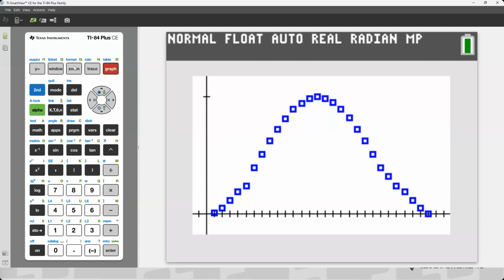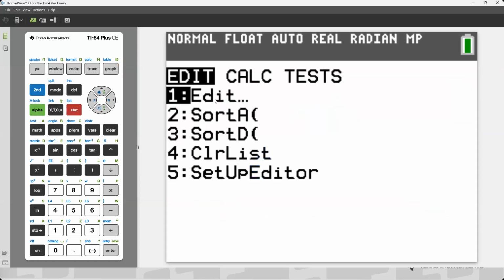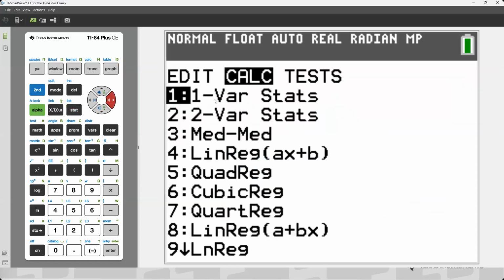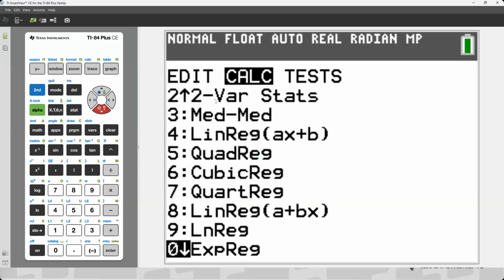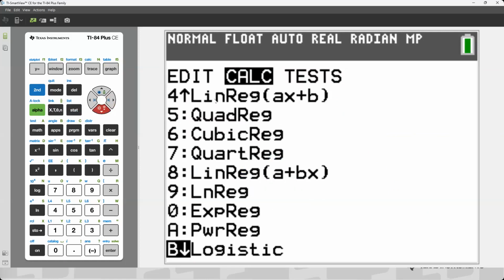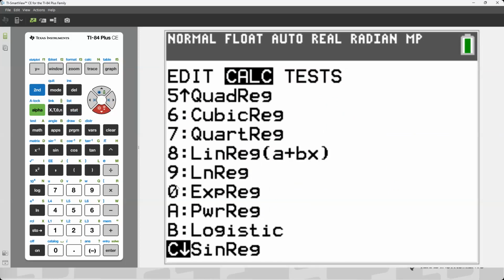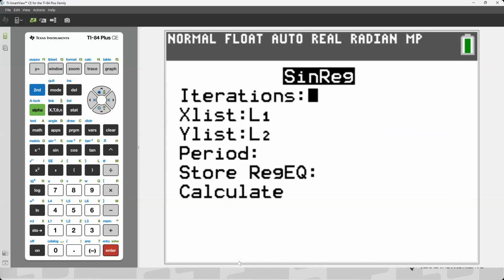I think it's kind of cool that we could actually use a regression to try to see what's going on with this. So if we go to STAT and we go over to CALC, then we go all the way down until we see, Gail, can you help me out? I have my closed captioning right up. Oh, there we go. Just got that moved down. Perfect. So C is SinReg. And I just want to make sure it says 3 iterations. I'm actually going to do just 1 iteration for this using list 1 and list 2.